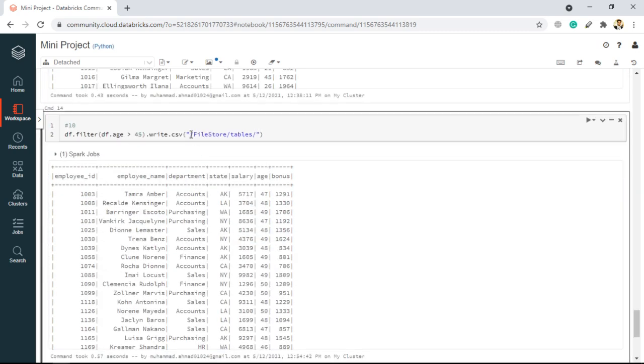Now what it will do is first filter out all those rows whose age is greater than 45, and then for that data frame, it will simply write it in CSV format in this output underscore 45 folder. And as I mentioned earlier, it will create a folder, and inside that folder, based on the number of partitions it contains under the RDD, it will create that number of files and put the data over there. So if we just run that,